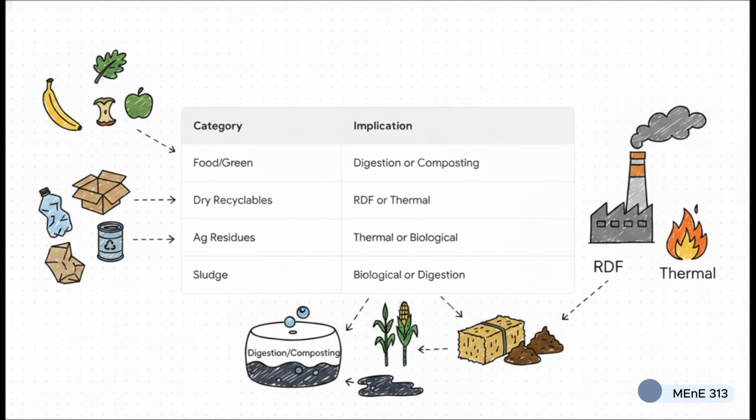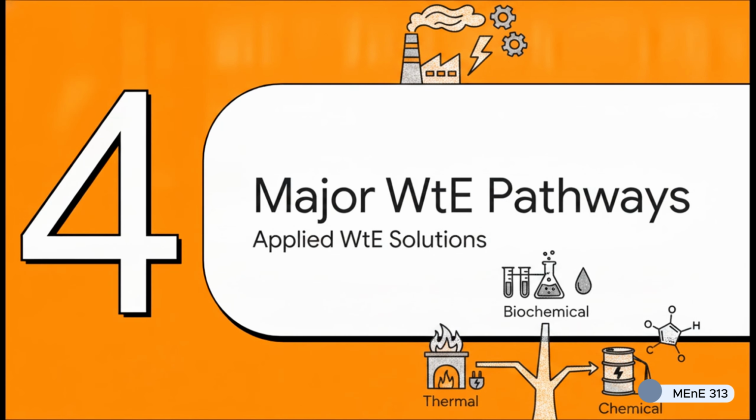The introductory implications for waste to energy are tied directly to these categories. Let's say you have a highly segregated wet food waste stream. That immediately points us toward biological routes. On the flip side, dry recyclables or agricultural residues are going to point us toward refuse-derived fuel or thermal routes. Essentially, the waste's physical and chemical properties make the initial engineering decisions for us, which brings us to Section 4,